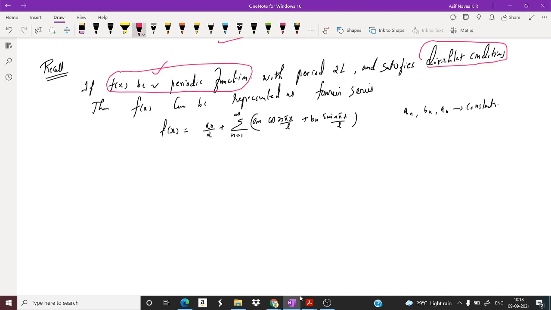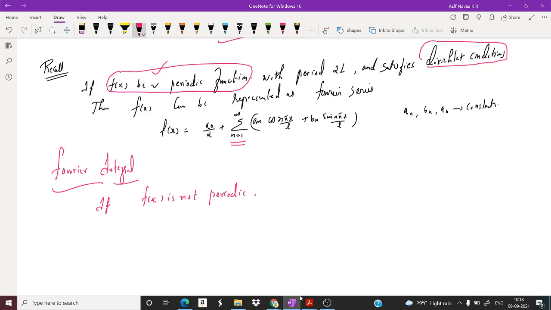Rather, we can represent it in an integral form. So next we define, for a non-periodic function, instead of a series we have an integral. So if f of x is not periodic,